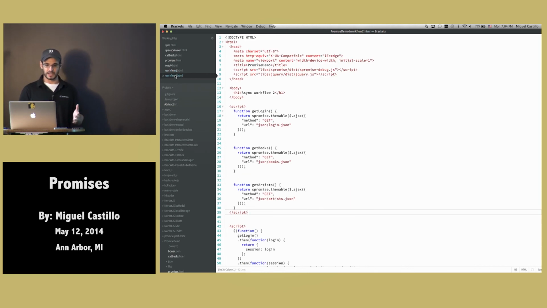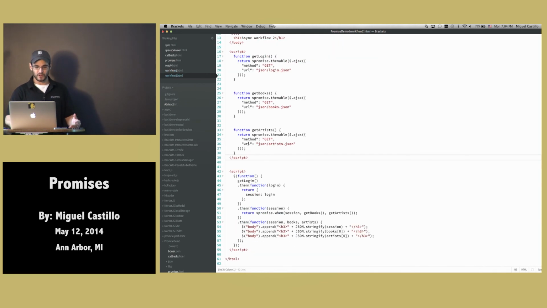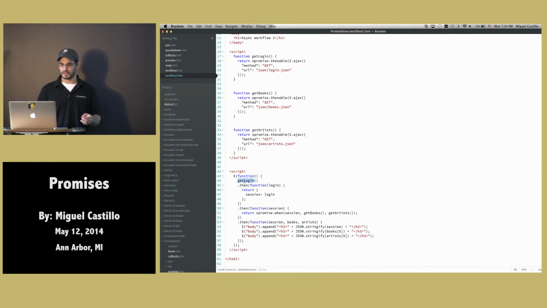The nice thing about it is you can do aggregation of promises. In this case, I'm just going to say, hey, login, and whenever I get that, I'm going to transform that result and push it into another promise. Whenever these two promises are done, I'm able to append all that data into the DOM. It's a very nice way to aggregate data that might not even exist at the time you're registering the events. Or you're running through a sequence of operations like login, and whenever you're logged in, you get your artist and get your books.